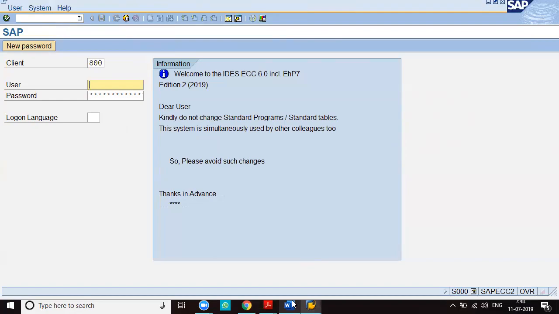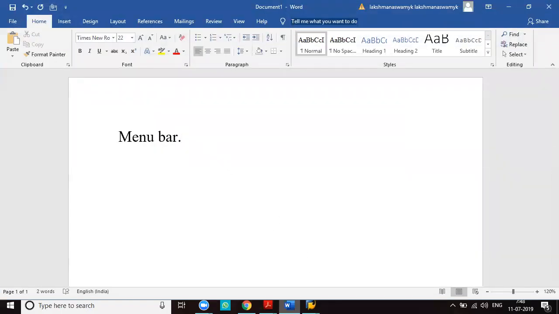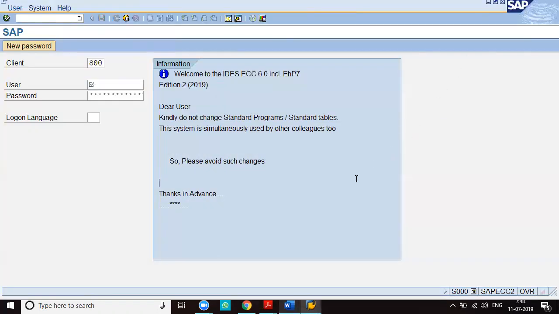Next, continue. The second line is called standard toolbar. It contains the same icons in all SAP screens.